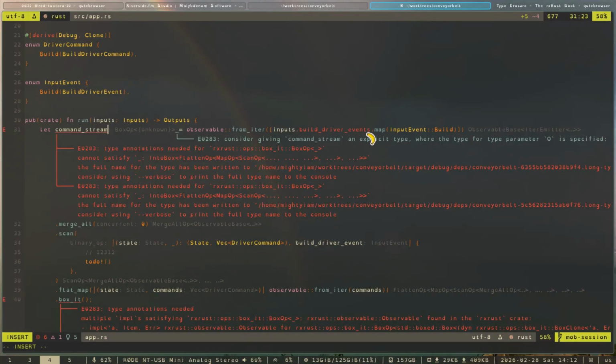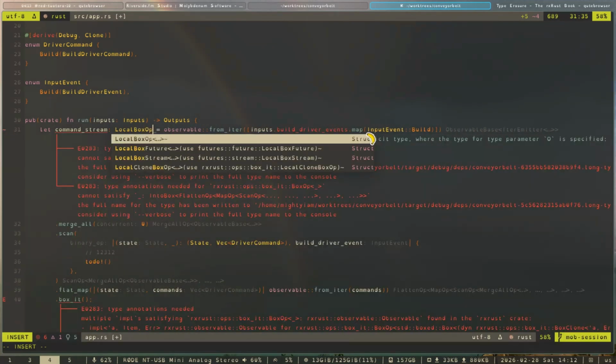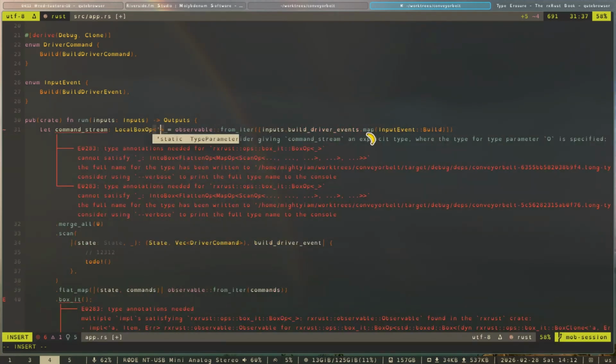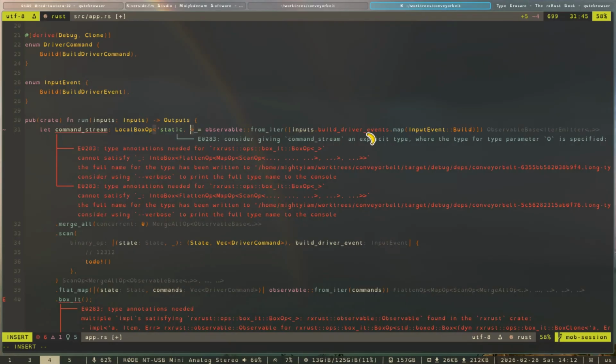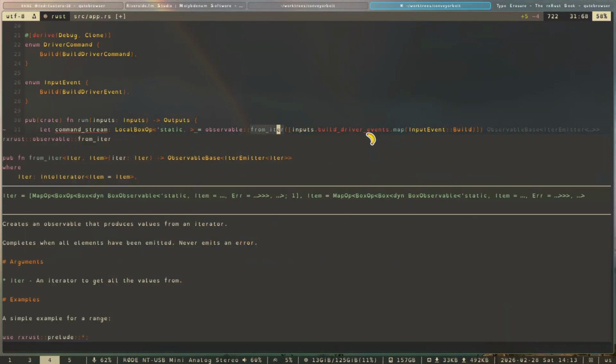Because the error is not known. I don't see why we need errors at all, frankly. Yeah, I mean, I think our stream should be infallible. Local box op static. I mean, this is an infallible stream, like from iter,